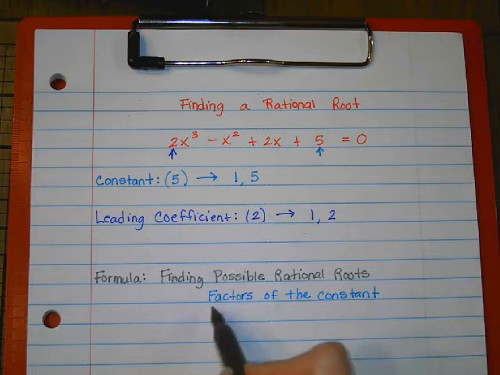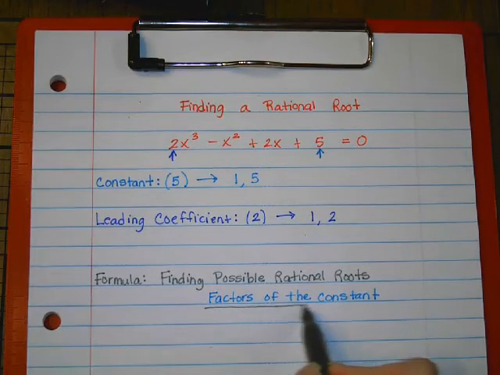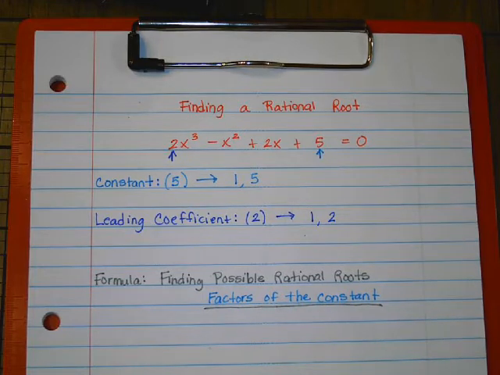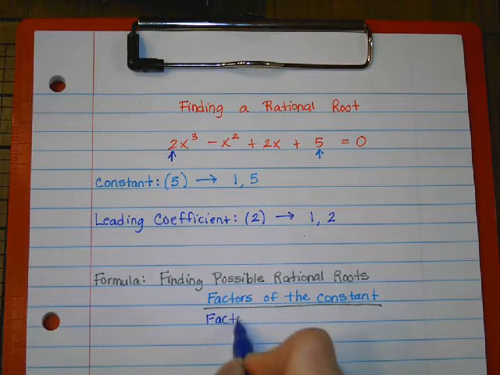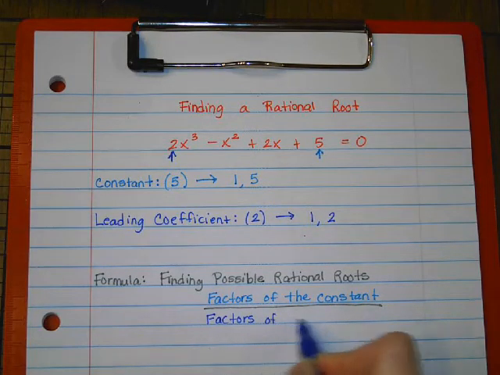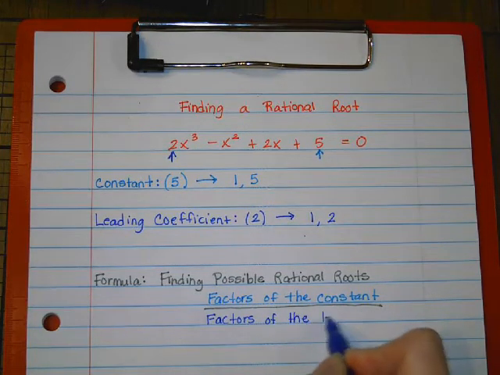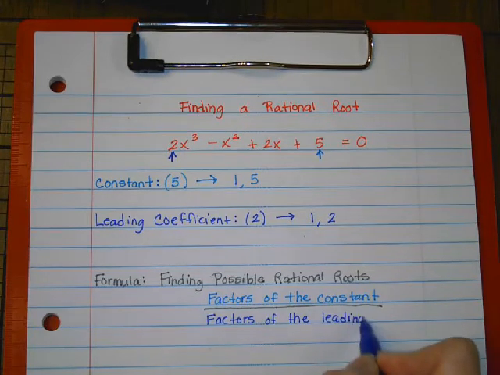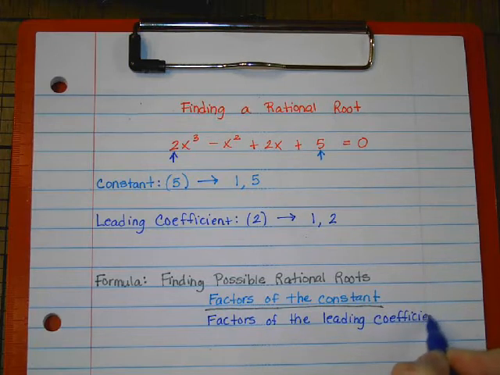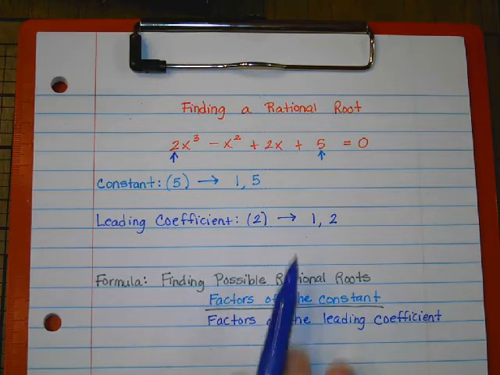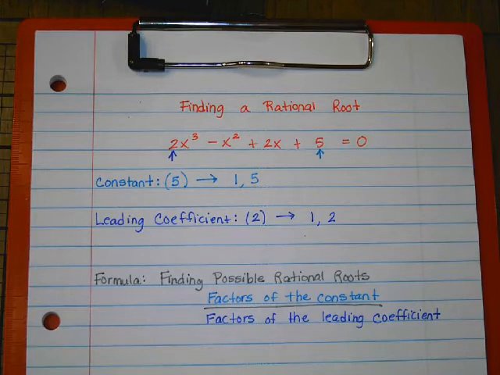And we're going to divide them by the factors of the leading coefficient, in which we have the factors of our leading coefficient are right there. Isn't that awesome sauce? So now, we're going to go ahead and list,